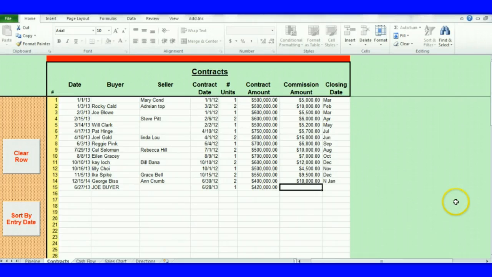And just for argument's sake, let's say you're going to get a $5,000 commission on this deal. You put in $5,000. Now, the next thing you're going to put in is the date that you think it's going to close. This is not an exact science. It's just a date that you think it's going to close. So we're going to look here into this drop down box, and let's say we think that this is going to close in September. We're going to put down the on or about date, or the on by date. It depends on your state.